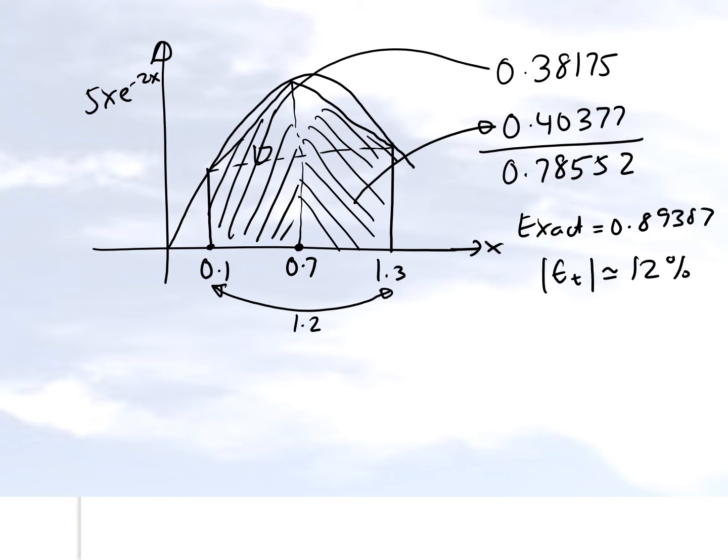So you can see that if I draw more and more trapezoids like this, I will get a better and better approximation of my integral. But this is not how we apply the composite trapezoidal rule, by drawing them, because we want to be able to program a composite trapezoidal rule. So the best thing to do is to derive a formula so that it can be programmed. And that's what we want to be doing now for the rest of this segment.